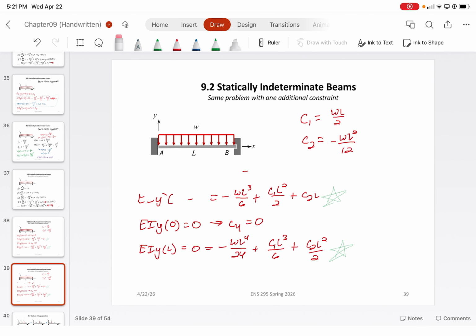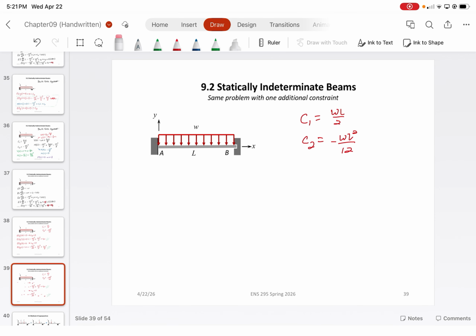We can clearly see that this problem is symmetric, so we can already have an idea about how everything is going to look. But let's assume we don't know, all right? Just so that way we could apply it for any general case when we're problem solving. So